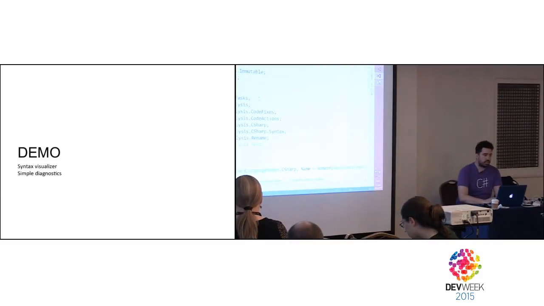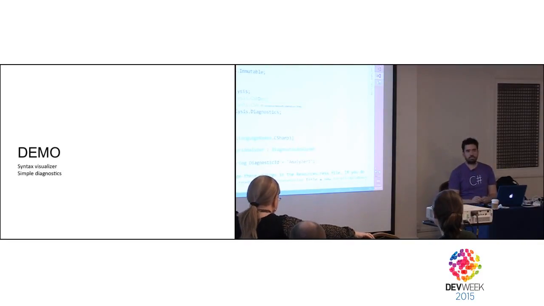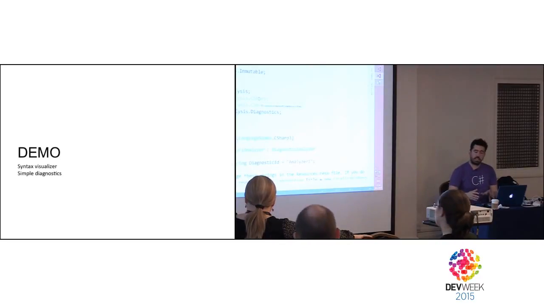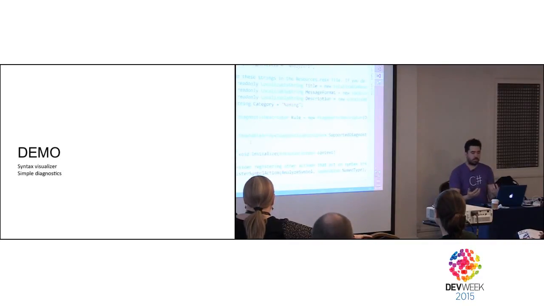So the Diagnostic Analyzer checks the code for errors or warnings or info, whatever. It checks the code and reports back that it has found something which it considers bad. And then you can offer a code fix. Sometimes you can detect errors without offering code fixes. We're going to talk about that later on. But basically, you always have a pair. You diagnose the problem, and then you offer a fix for it. So the basic project